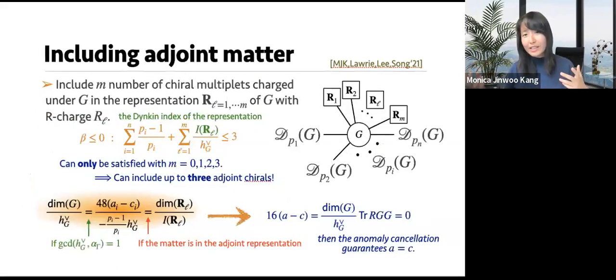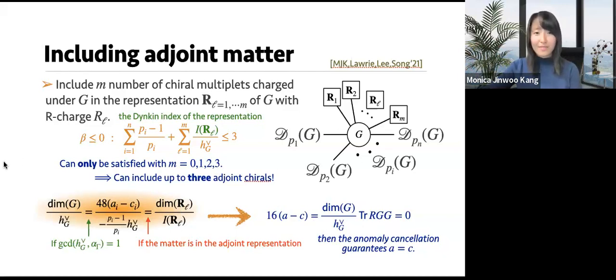Now here we can also include more adjoint matter, up to 3, because we can satisfy the same condition by adding them. And for those cases, taking the philosophy that we learned from the N=2 constructions, by taking the largest color and the dual Coxeter number to be coprime, and the matter to be fully adjoint, we will manifestly make sure that a=c is intact and robustly there without doing any additional operations, so that anomaly cancellation is the only condition that we need on top to guarantee that we still have